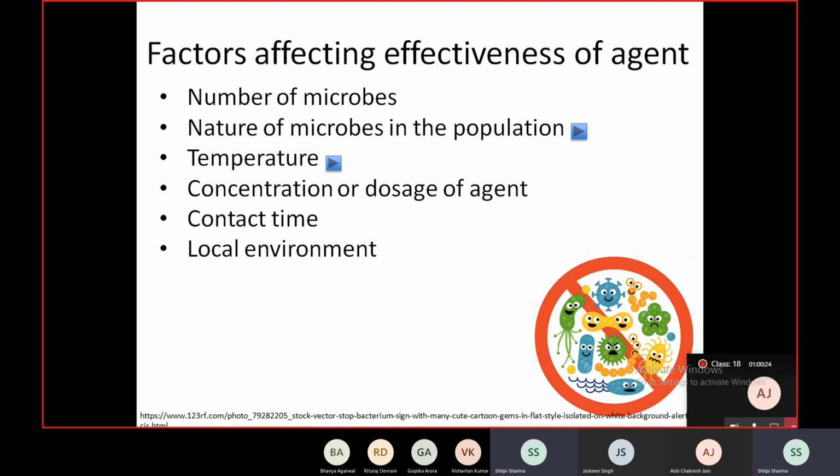When you talk of the nature of microbes in the population, if a population has more of vegetative cells or rapidly growing cells or even younger cells, they are much more easily destroyed than mature organisms. And even among mature organisms, some are endospore forming, the others are not. So obviously the ones which are endospore forming will be much more resistant. But it also depends on the kind of bacteria. In that scale that you saw, Mycobacterium tuberculosis was way up. In fact, this is the reason why I said it's also used as an indicator. Phenol is a tuberculocidal organism. Mycobacterium tuberculosis is much more resistant compared to some of the other bacteria.